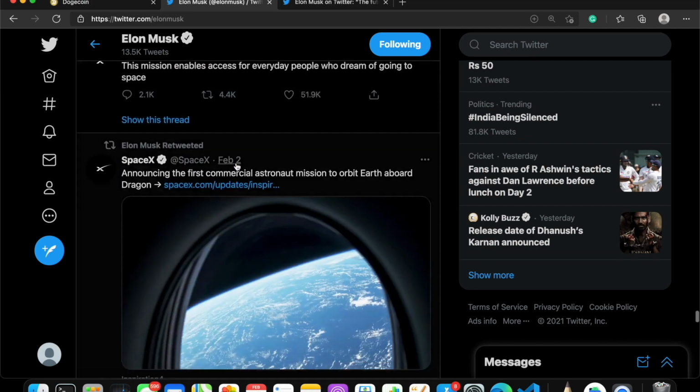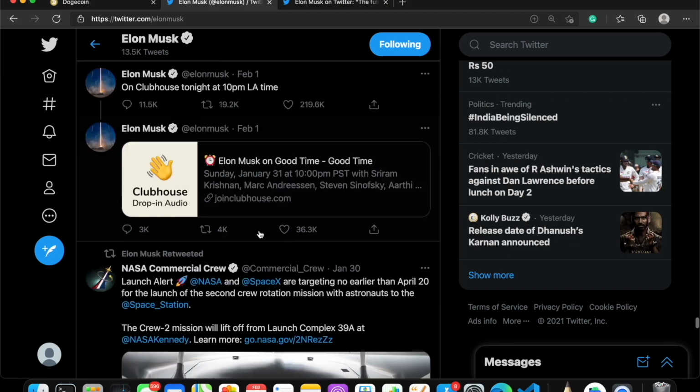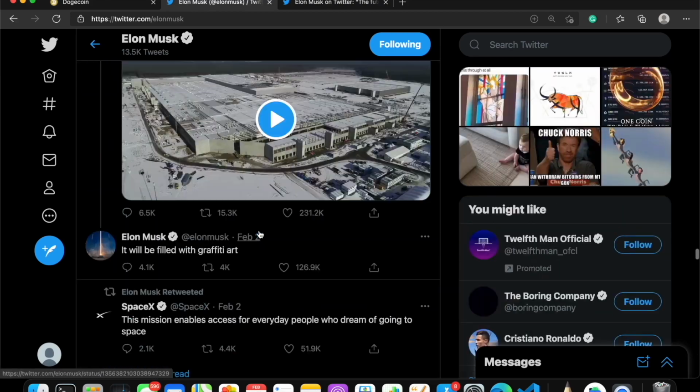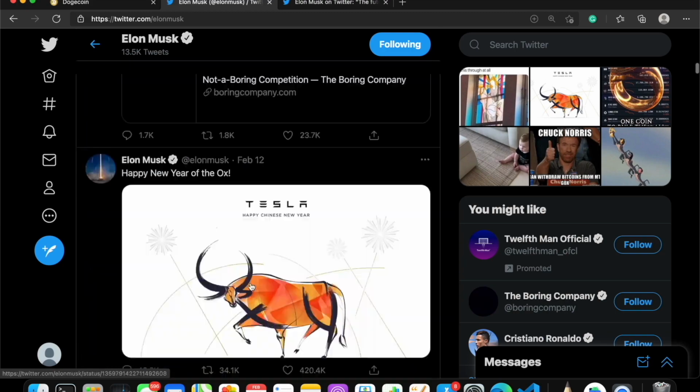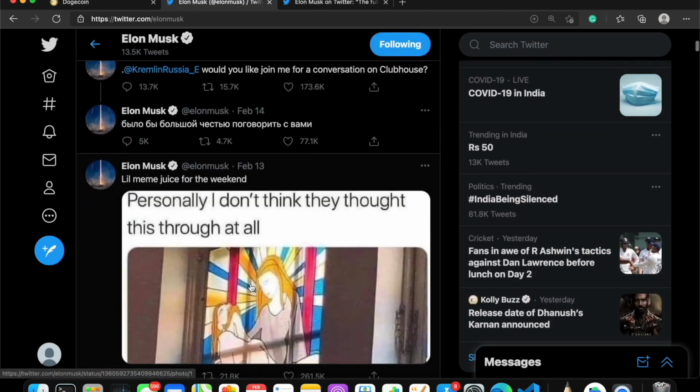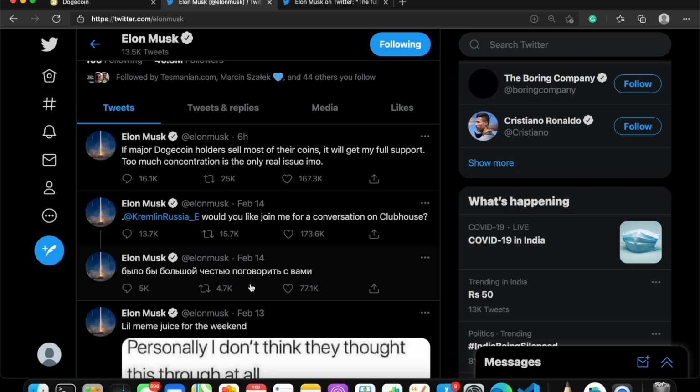I think it's difficult for us to get it here, so that's fine, we'll not go back that far. What's happening is Elon Musk is trying to tweet something about Dogecoin, and the community is going crazy over it and making more purchases. Since it is trending on Twitter, people are making more purchases of Dogecoin. So the first thing is tweets from Elon Musk. We have to keep an eye on what Elon Musk is tweeting about this.